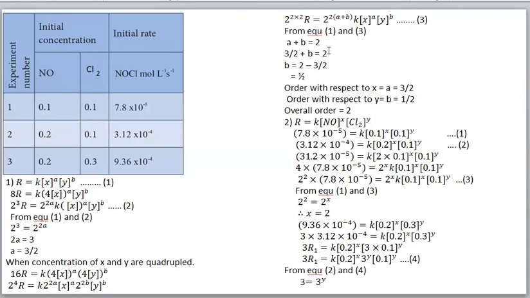So this value we can change it to the right side. We will get B is equal to 2 minus 3 by 2, that is 1 by 2. Okay, by taking LCM we can simplify, or we can write simply also. This is 2, this is 1 and half, minus 1 and half, so balance is half. Okay, so order with respect to X is A equal to 3 by 2. Order with respect to Y is B, that is 1 by 2. Overall order is equal to, these two we have to add, 1 and half plus half equal to 2.